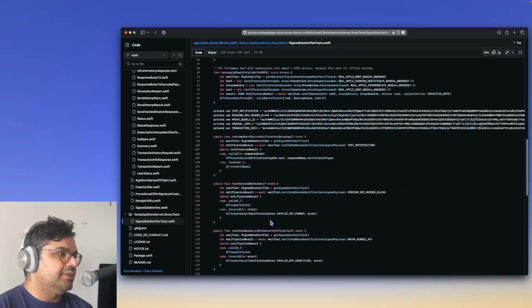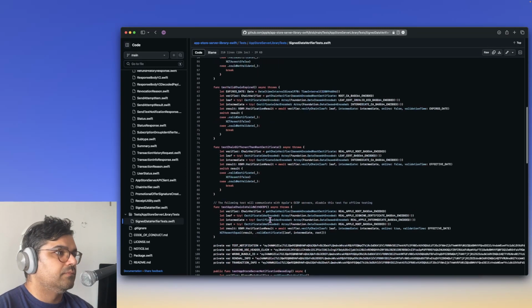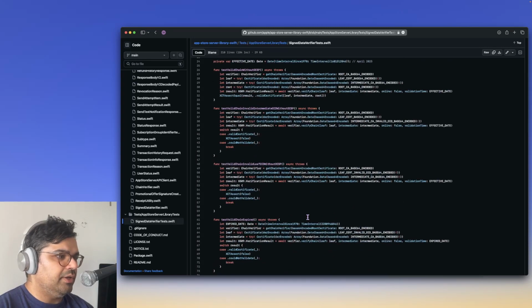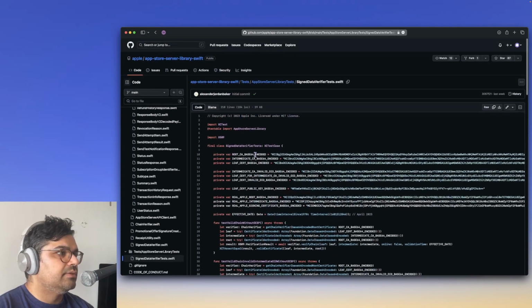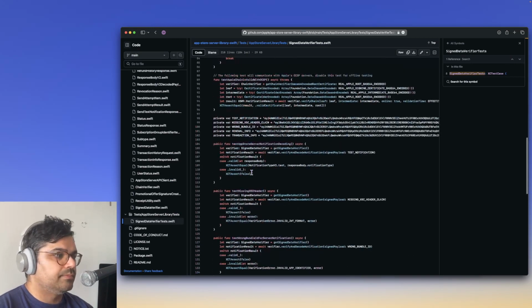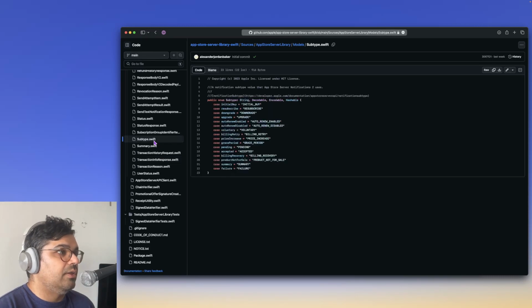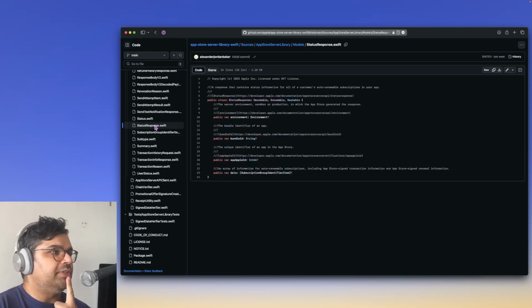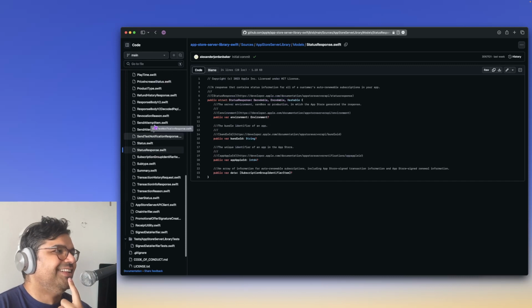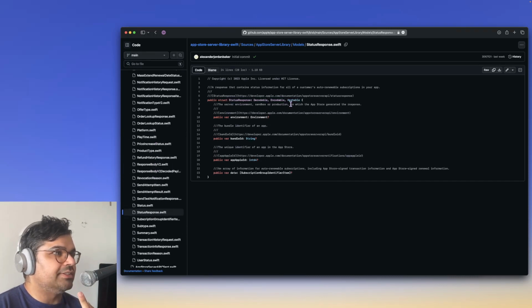Yeah, I know there's a few tests in here. It seems mostly about signing. It doesn't seem to be about the actual behavior though. But still, this is very exciting to have like transaction info response, stuff like this. Oh yeah, I want to see how they decode dates and booleans, because Apple tends to